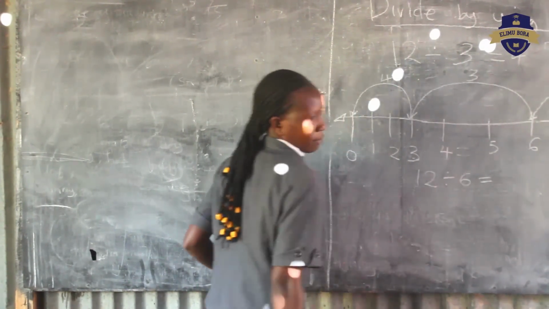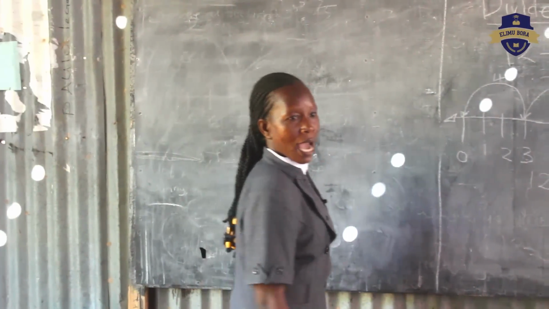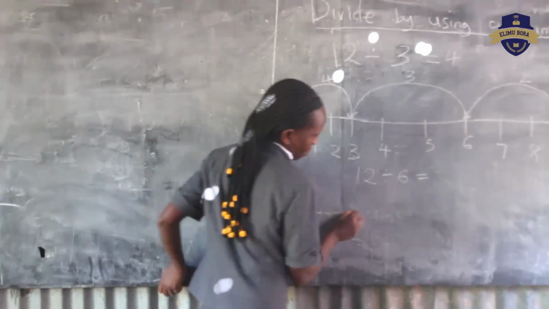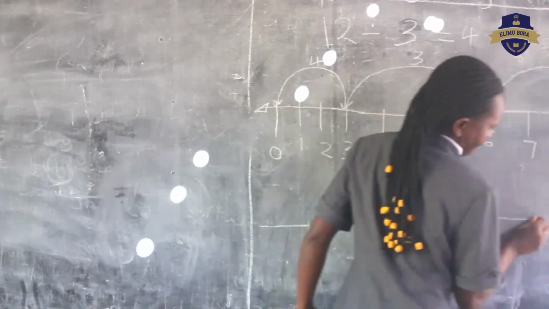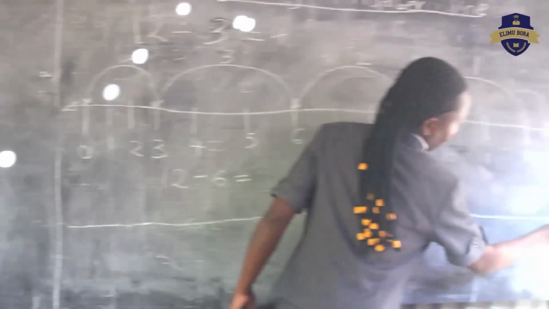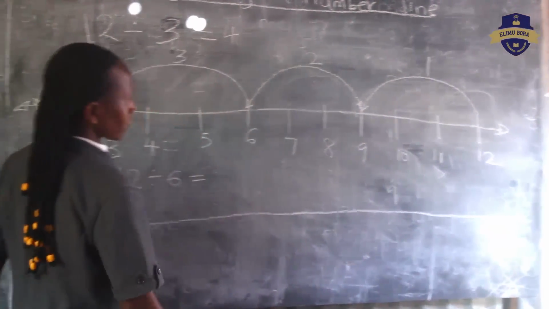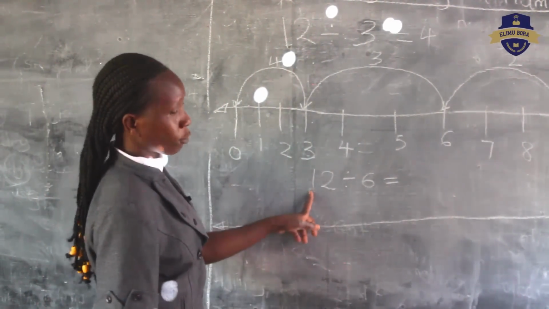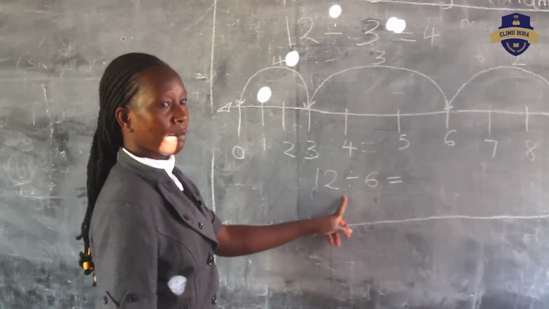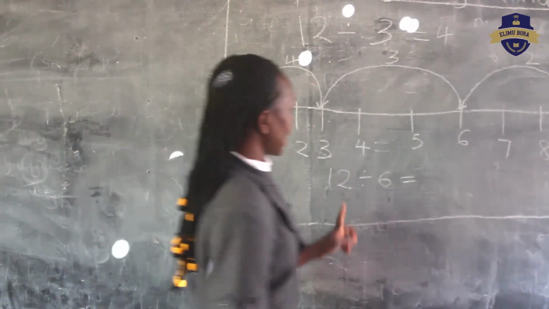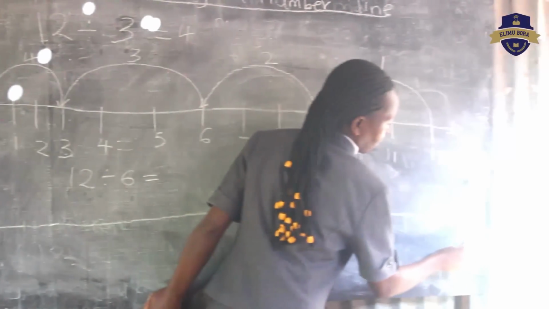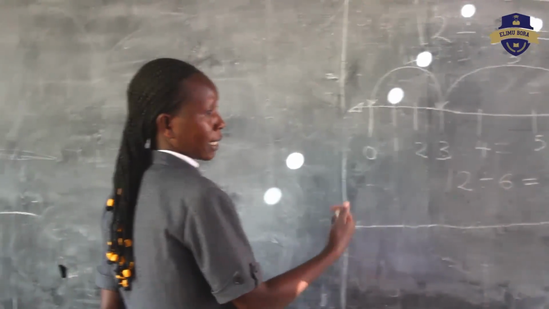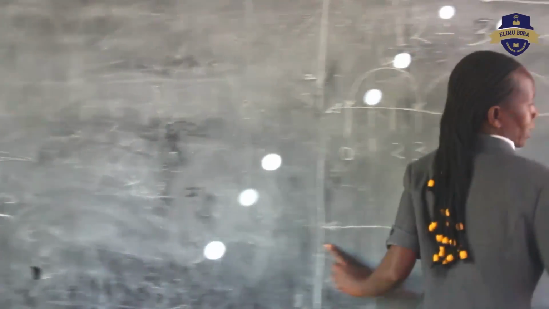Another one is 12 divided by 6. So we draw a number line. And then we have 12 divided by 6. So we start at 12, and then we count backwards until we get to 0. So we have 12,